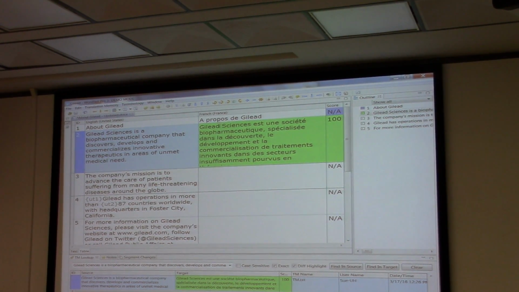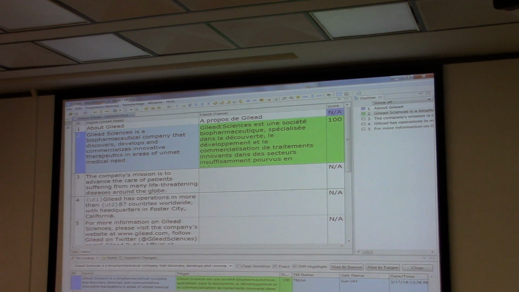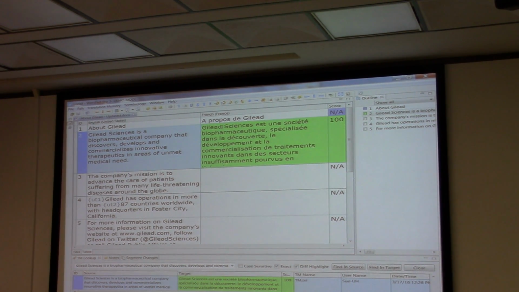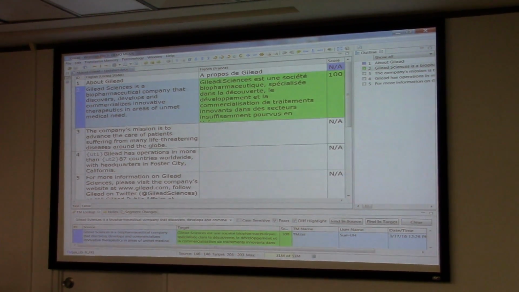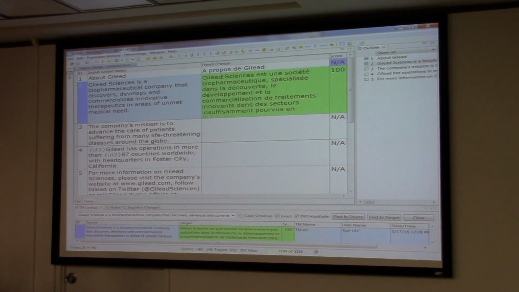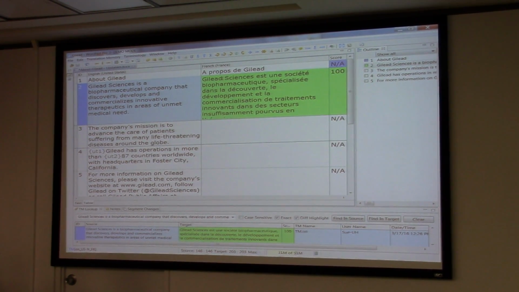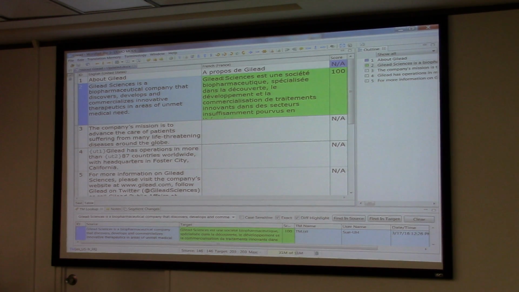So on the next segment, the computer has automatically looked up previous segments. And here we have a previously translated document, which is the same paragraph, because in press releases, this is a type of repetitive document, and it's pretty much always the same type of phrasing. So here we go. This was translated exactly the